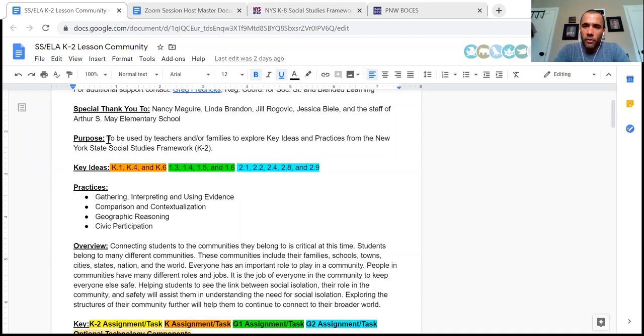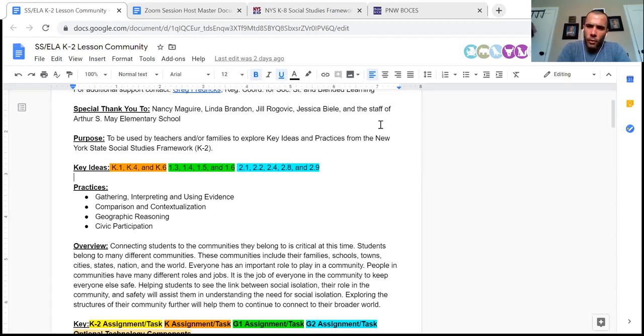And for that reason, this lesson really could be, from the most basic way, printed out in a packet and mailed to a family, or there's multiple tech components that are built into it, which would allow it to be accessed in a much more technological way. And that's really, again, going to be your call. I would encourage you to give people options here. The more flexibility that we demonstrate as educators and as professionals, the better rapport we're going to develop with our families, who we're going to rely on to do a lot of instruction in the coming weeks.